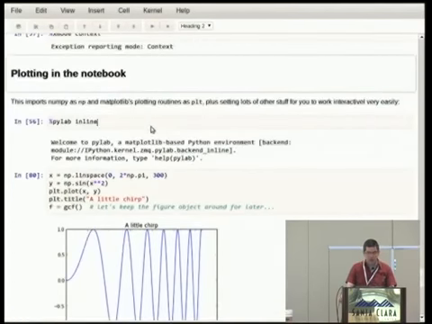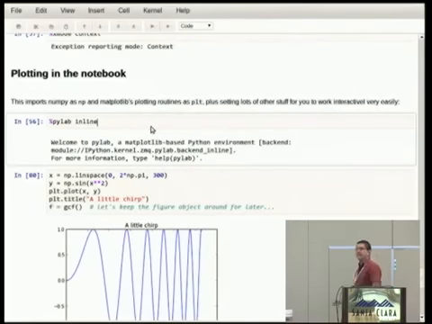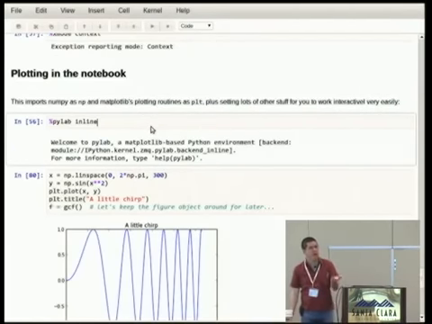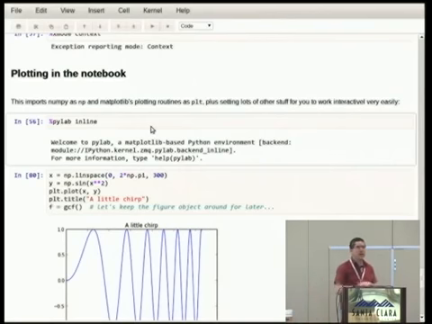Okay? So there's one more magic that is very important for many of us, maybe not for all of you, but I want to mention it, and we're going to talk a little bit more about the rest of it in a minute. It's the pylab magic. The pylab magic loads NumPy and Matplotlib, which you all have installed, because by installing EPD, it comes with NumPy and Matplotlib. So, %pylab inline,